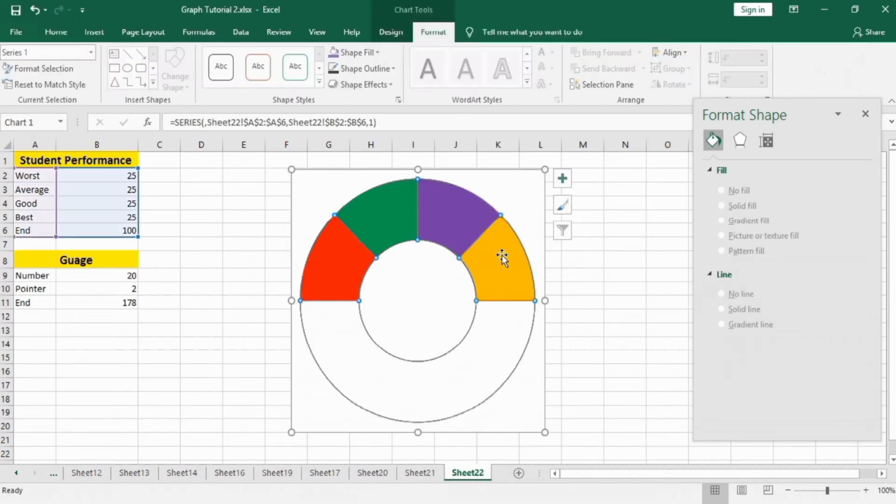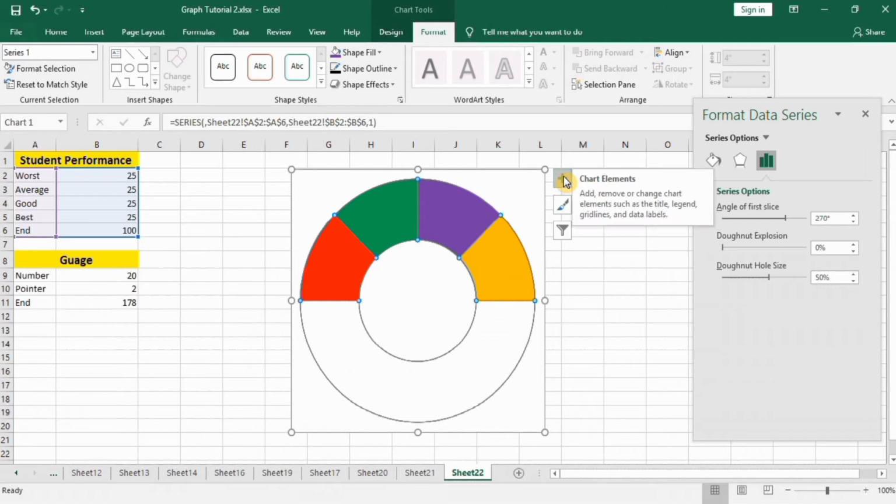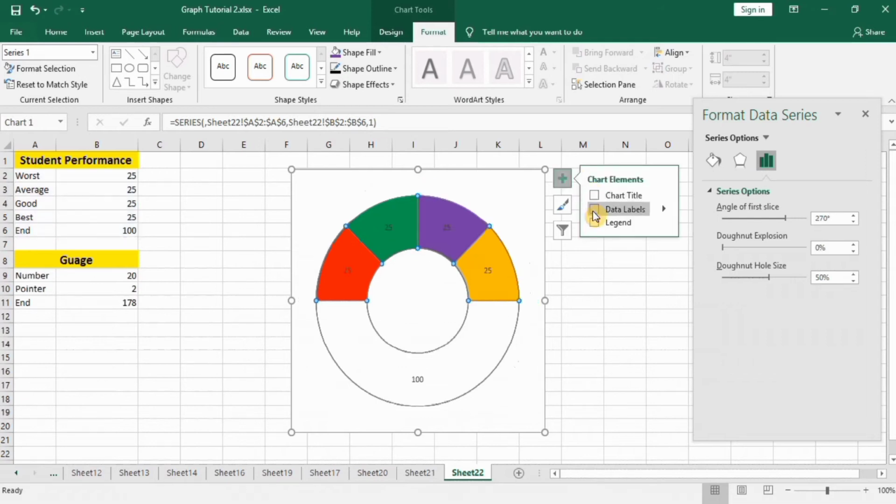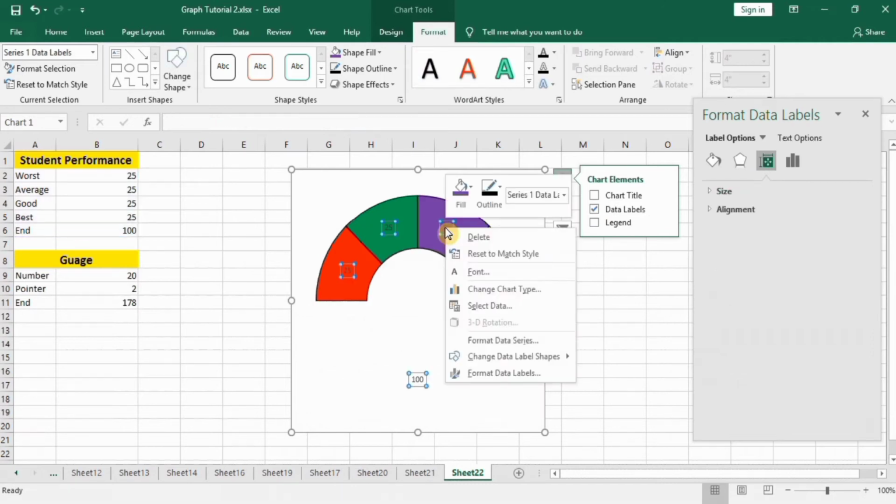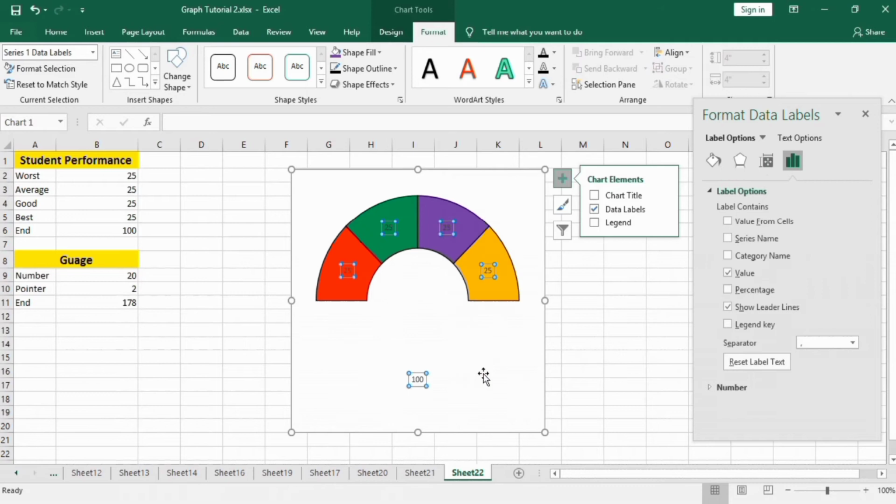Now select this area, go to this plus sign and check on data labels. Select these data labels, right click, go to Format Data Labels and here you can select the series category names and uncheck the values.